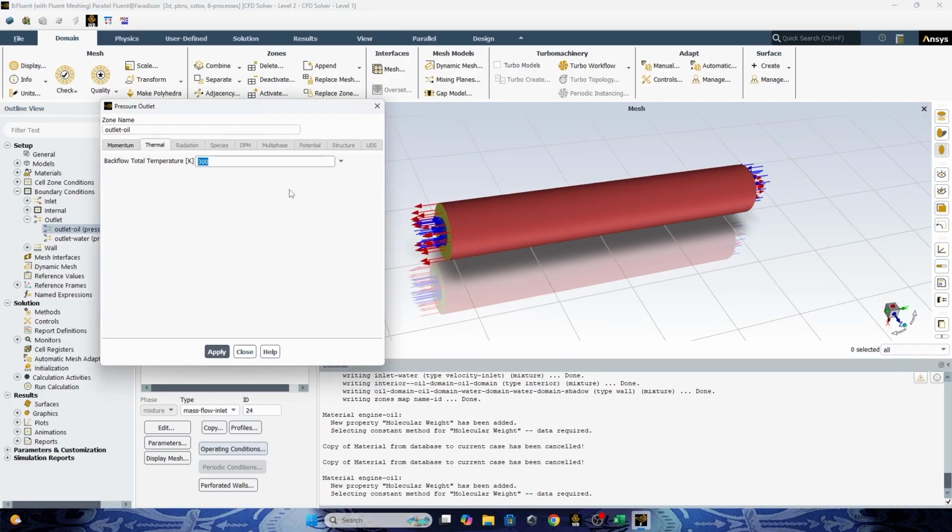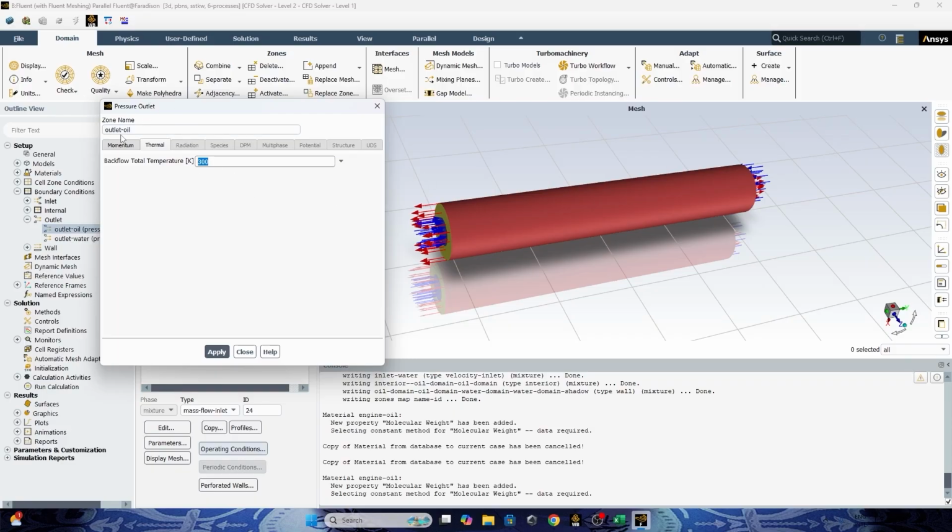So just take a guess at where the oil temperature will be from inlet to outlet. The outlet oil is the hot domain, so the temperature on the outlet side will be reduced from the inlet temperature, and for the cold fluid it is vice versa. So yeah, just take a guess.